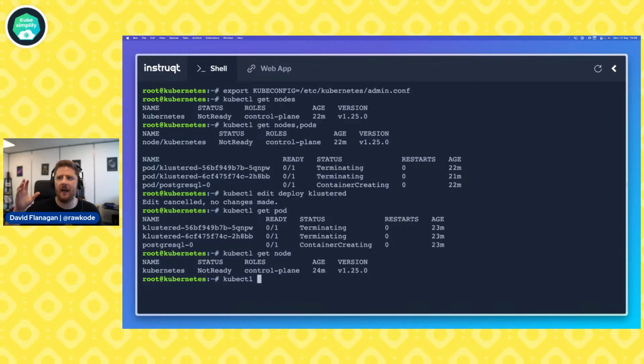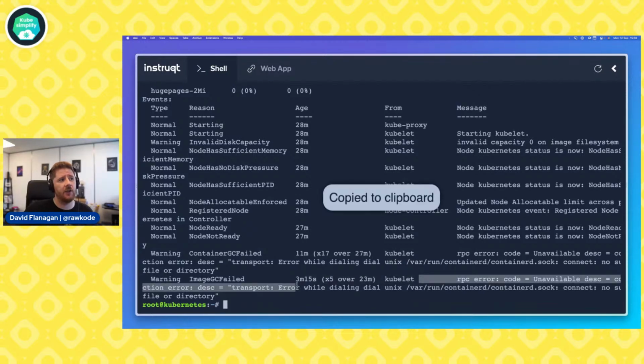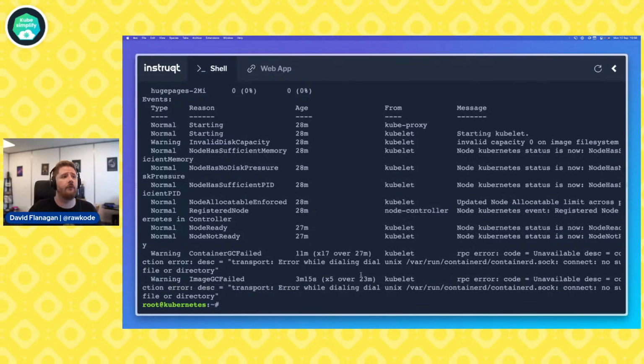the suggestions that we have in the chat? Well, we can start to describe some of these resources. We can say describe node Kubernetes. And as pointed out in the chat by the learning tree, we have containerd potentially not available. In fact, it looks like here the kubelet is reporting an error message. So Russell, you're close, but not quite. Because if the kubelet is able to report these messages, then the kubelet is potentially, and we'll confirm, running successfully. However, the kubelet is unable to speak to containerd because the socket file that we expect to exist is not there.